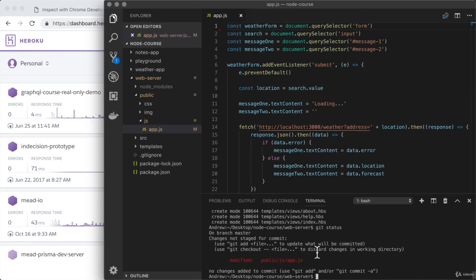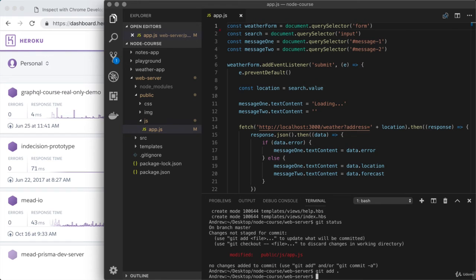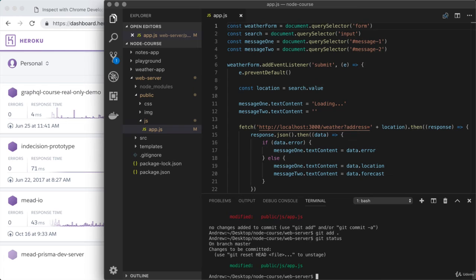So to add it to the staging area, we'll use git add. I could either list out this individual file or just use git add dot to add everything, which in this case is just our one file. Either way works. From here, I'm going to run git status again before committing just to make sure everything looks right. Under changes to be committed, we have a single modification to a single file, so I'm ready to make